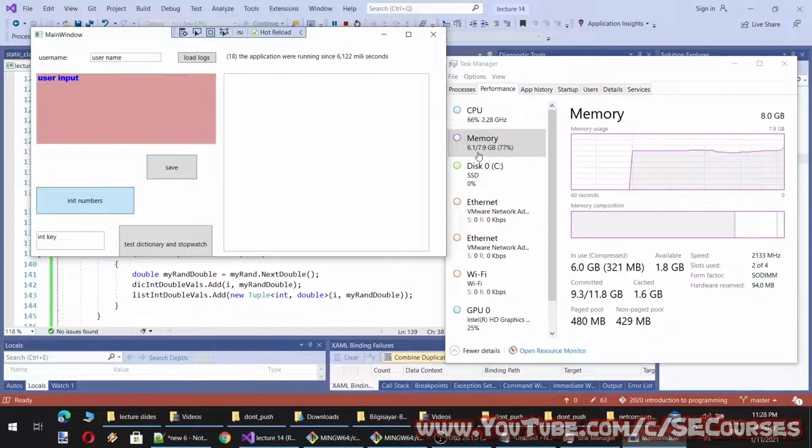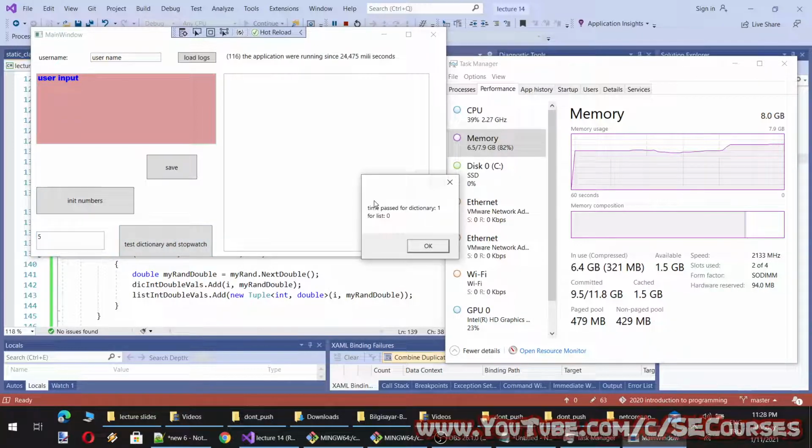Okay, memory is increasing, as you can see. It has increased by about 1 GB. All right, now I can test. So let's start with testing a number that is small, because it would be at the beginning of the list. Okay, time passed for dictionary is 1 millisecond and for list 0 milliseconds. Why? Because it is at the very beginning of the list. However, when I test 9 million,